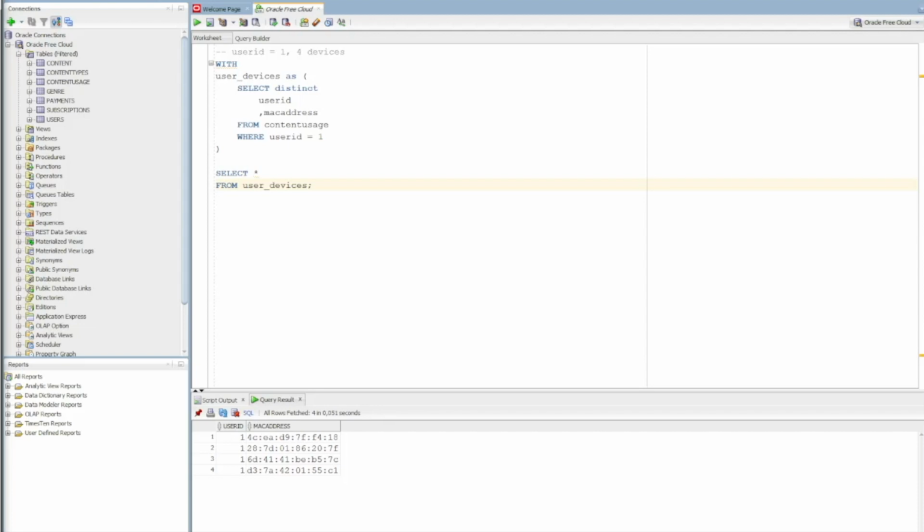Now that you get the basic idea, you can pause the video and try to finish the query. Remember that we want to see how many unique devices a user has. So we want user ID and